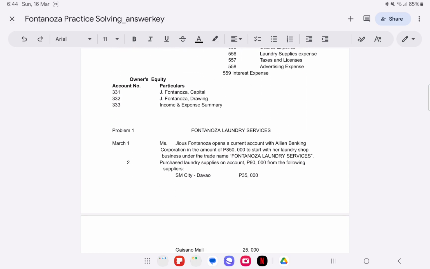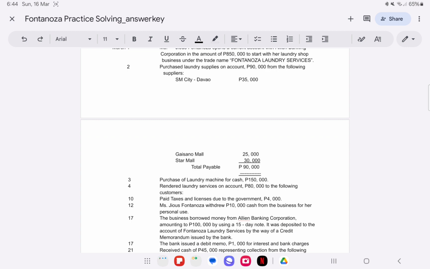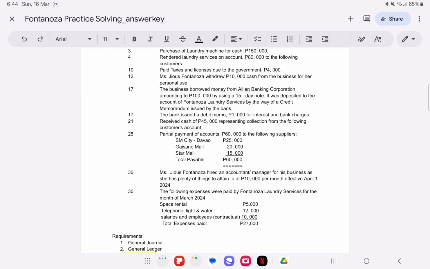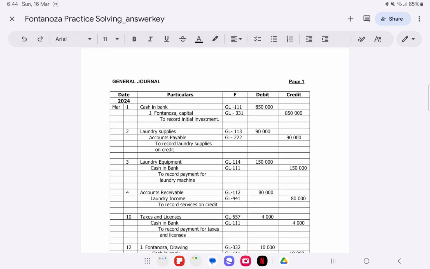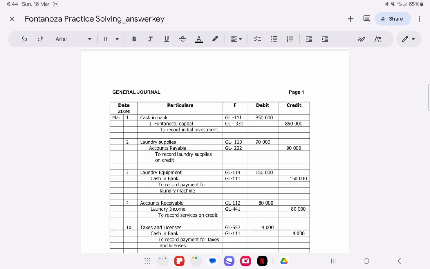So for transaction number 10, taxes and licenses is our debit, GL 557 4,000, cash in bank GL 111 4,000, to record payment